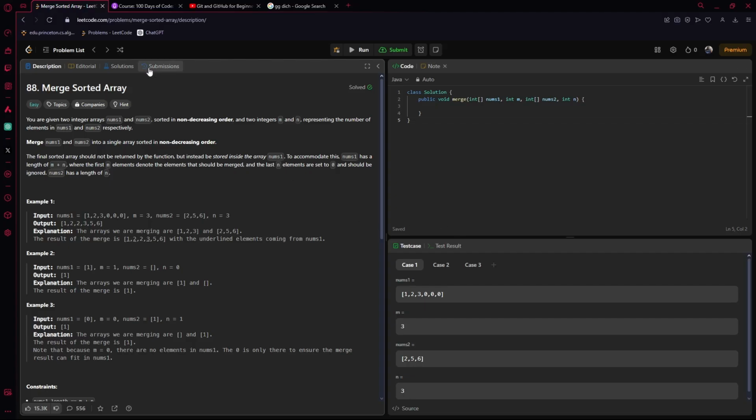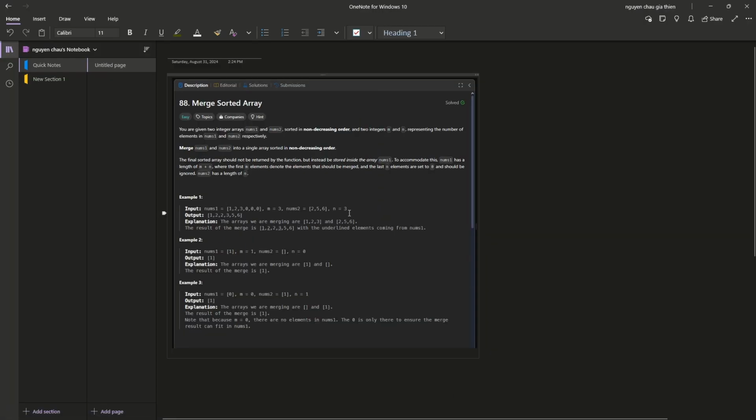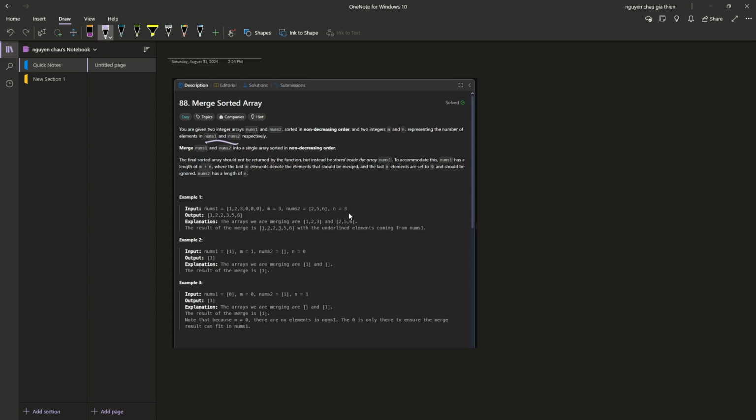Merge sorted arrays. We have two integer arrays, nums1 and nums2, in ascending order, and then we have two integers m and n representing the number of elements in nums1 and nums2. So what we have here is the nums1 array and the nums2 array,